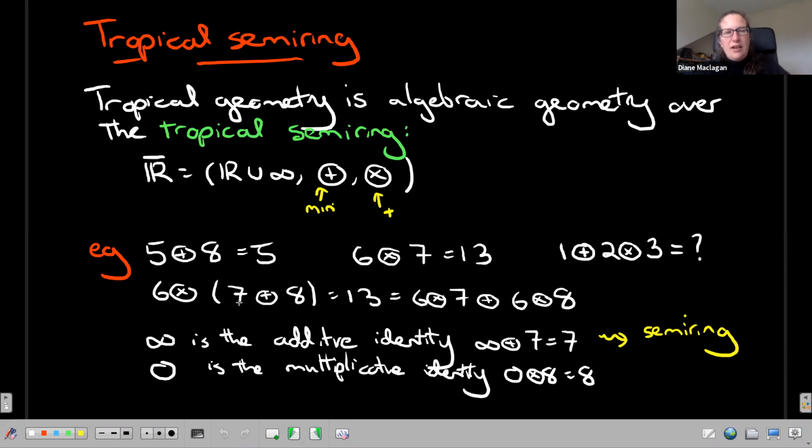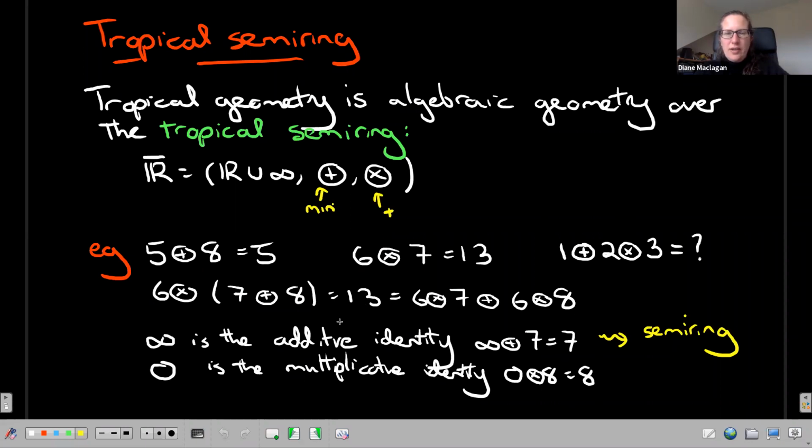So if you think about it now, we see that these two operations behave a bit like usual arithmetic. So we can have 6 times (7 plus 8). This time I've put the parentheses in. 7 plus 8, that's the minimum of 7 and 8, it's 7. 6 times 7, we just decided was 13. On the other hand, if I expand it out, 6 times 7, that's 13. 6 times 8, that's 14. Minimum of 13 and 14 is 13. Okay, so you can see that multiplication distributes over